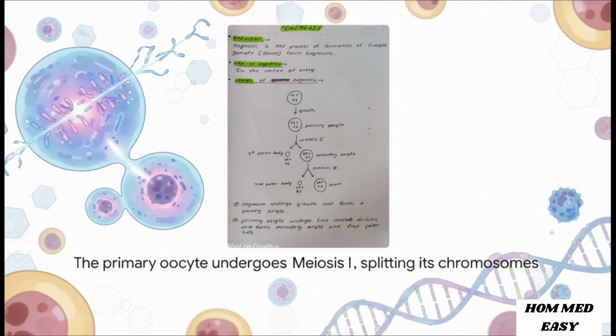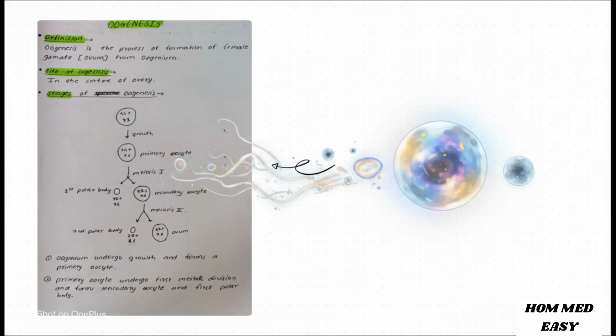So that primary oocyte starts something called meiosis I. Now, meiosis is just a special way cells divide to cut their chromosome count in half. But the key thing to remember here, the most important part, is that this is a totally unequal split. And the result? It's fascinating. You get one big cell, the secondary oocyte, that basically gets everything. All the cytoplasm, all the nutrients, all the good stuff needed for a potential embryo. And the other cell, it becomes this tiny little thing called the first polar body. It's basically just a little trash bag for the extra chromosomes, making sure all the valuable resources stay with that